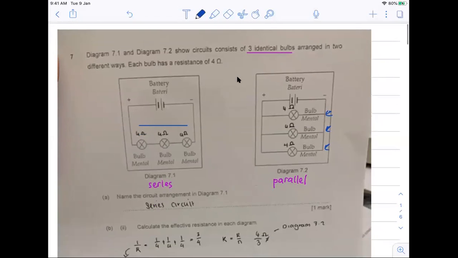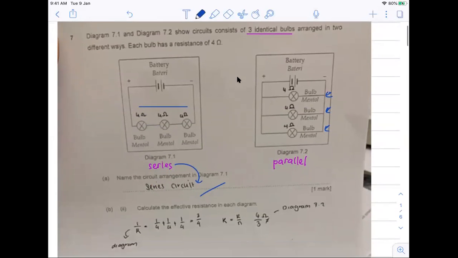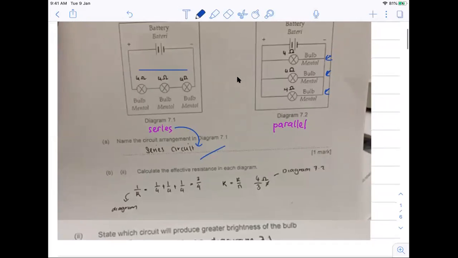So name the circuit arrangement in diagram 7.1 for question A. Diagram 7.1 is series, so this is correct. Now we go to question B1: calculate the effective resistance in each diagram. So for diagram 7.1,